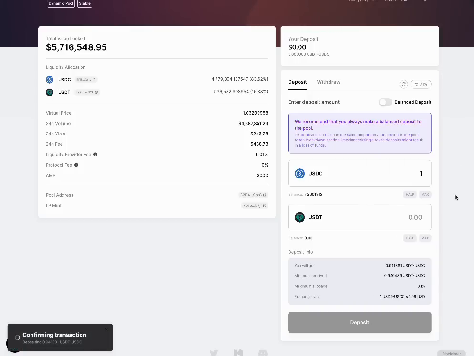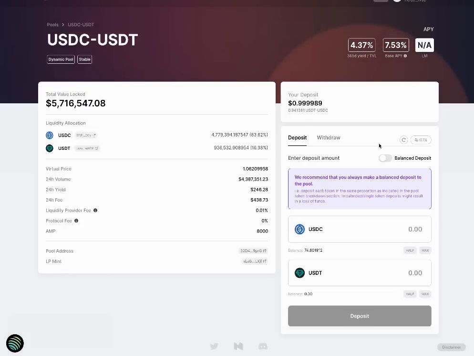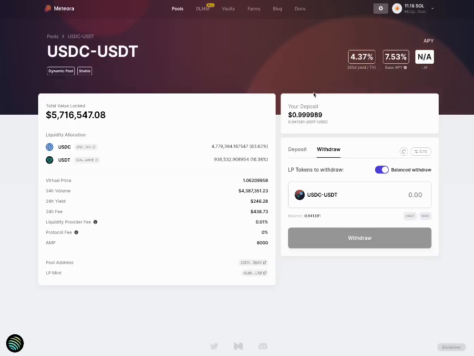So I'm doing an unbalanced deposit here, partly because my $1 is very small compared to the total, so potential loss is minimized there. But because the fees are not broken out,